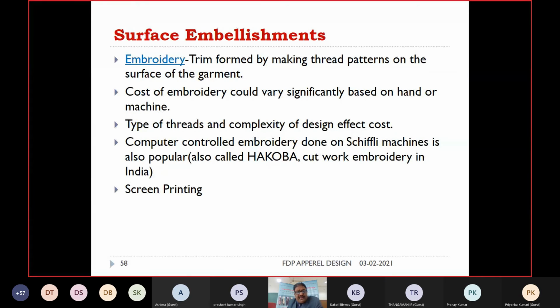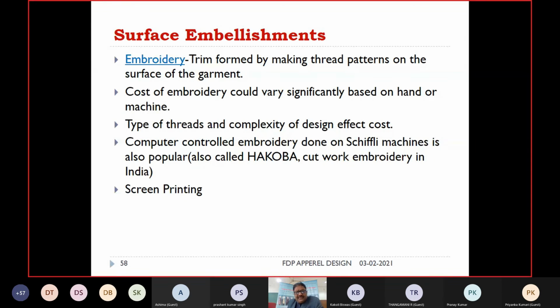Embroidery is trim formed by making thread patterns on the surface of the garment. The cost of embroidery could vary significantly based on whether it is done by hand or machine. The type of thread and the complexity of the design also affect the cost. Now we are using a pen drive for the design.